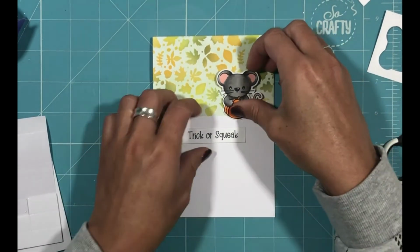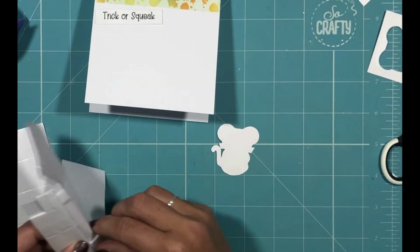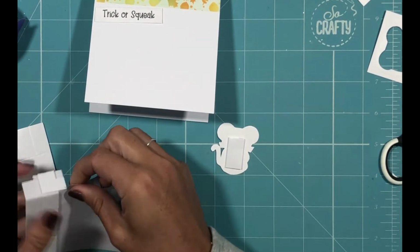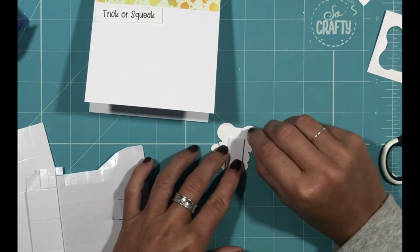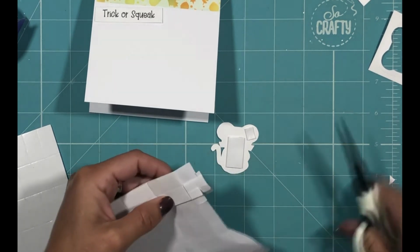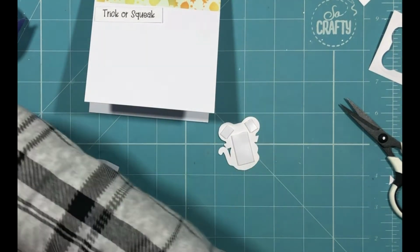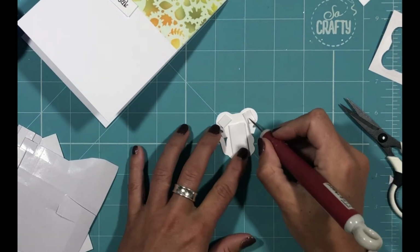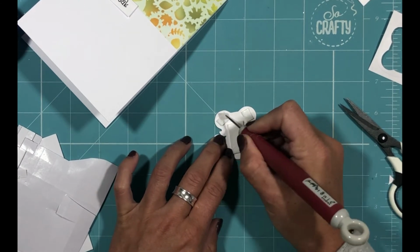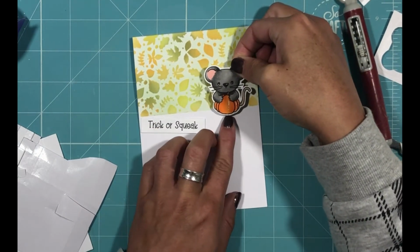So let's get these little guys stuck down. I'm going to pop some foam pads on the back, so we're just going to pop a big one there and then a couple of little ones on his ears. So I'm just going to snip some of these foam pads down and use my fabulous pokey tool. Let's get the backings off. What would we do without our pokey tools, eh? I'm lost without mine. So I think we'll pop him there,